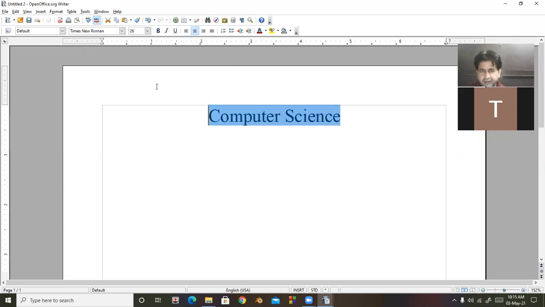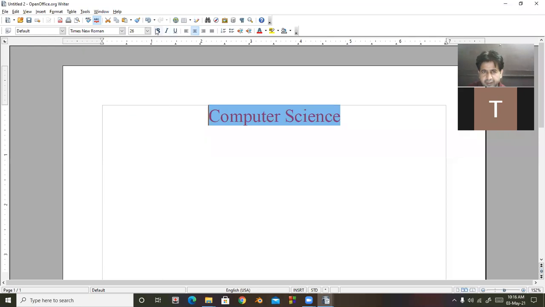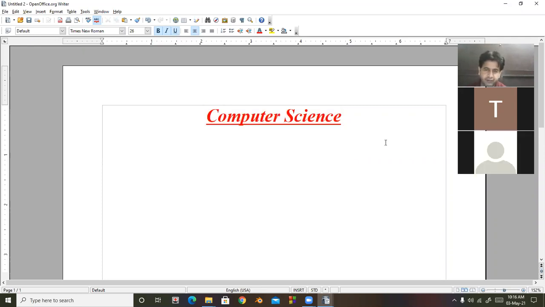You can increase the size. You can change the color. You can apply bold, italic, underline. So look at here. Whenever you press the enter key, the same alignment will be applicable.